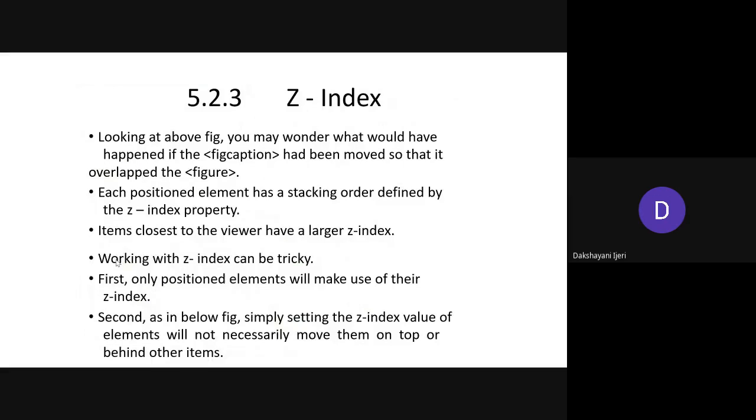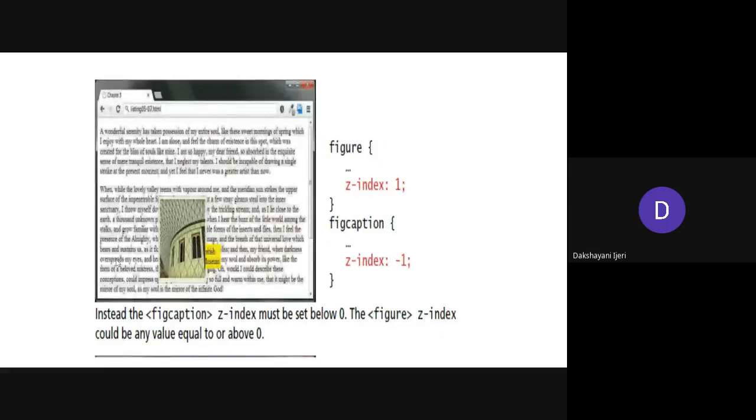So coming to one more property that we can use, the Z index. What is this Z index property going to do? Okay. We shall discuss it directly with the example only, so that it will be clearer how the Z index property helps you apply styles to the contents over there. Right. So is this slide clearly visible to you? The figure that has been included in this slide. Just concentrate only on this figure and the caption that is given over here. Okay.